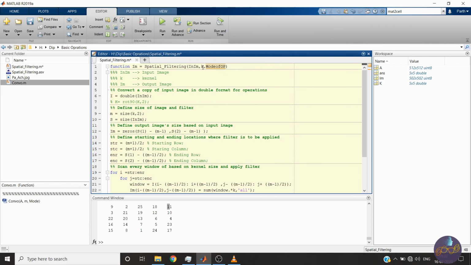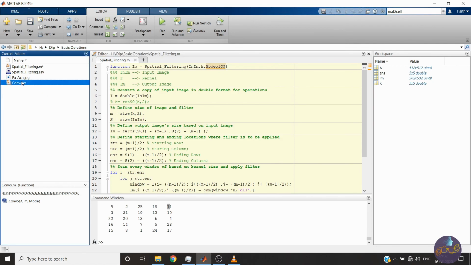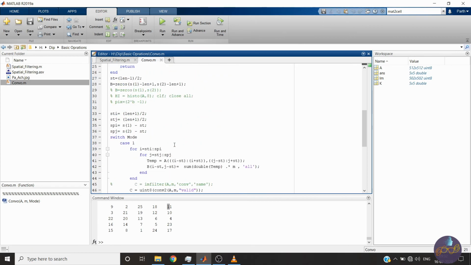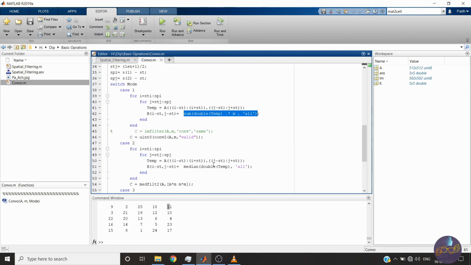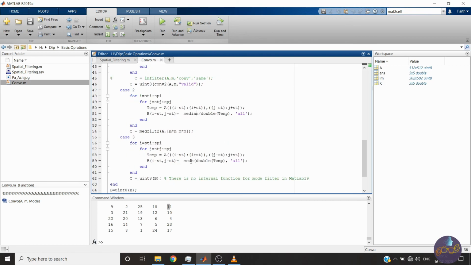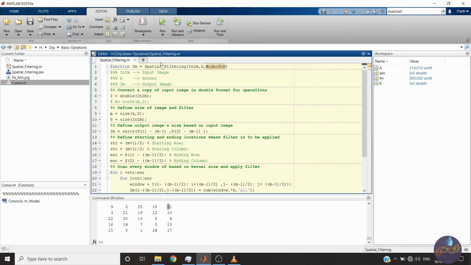You can do likewise. Let me show you the function. See, here I have given mode of operation and I have written switch cases. So if it is case 1, then you have to do simple spatial filtering. If it is case 2, then you have to go for median, and if it is case 3, then you have to go for mode filtering. You can also create such a function.